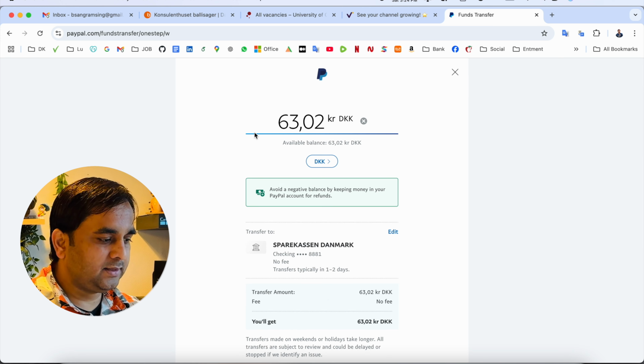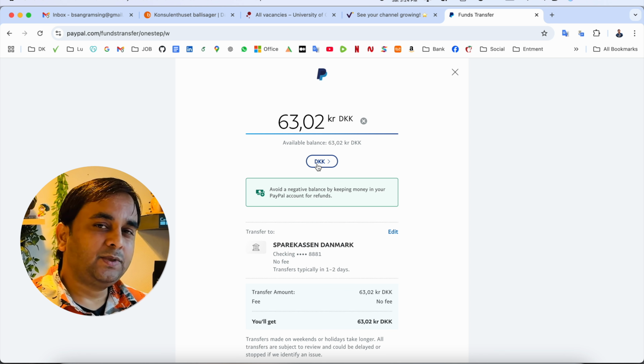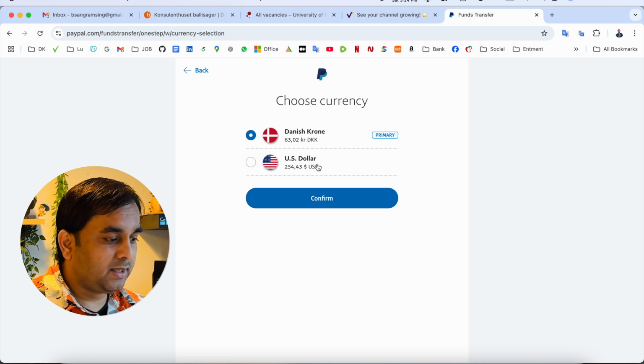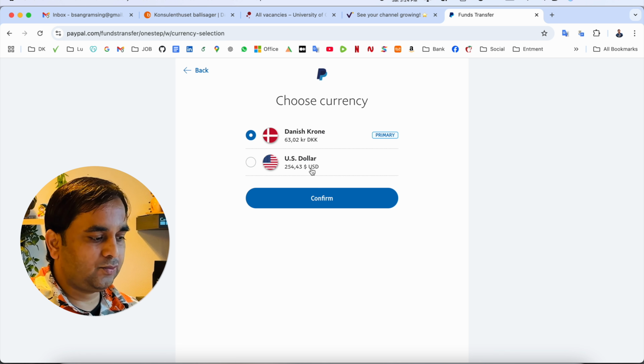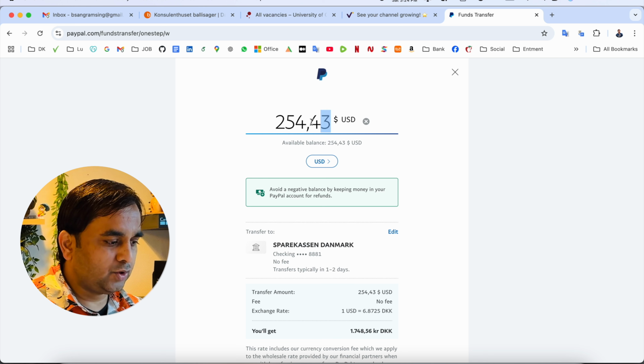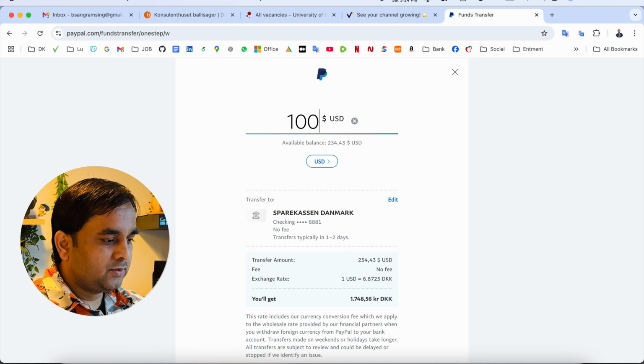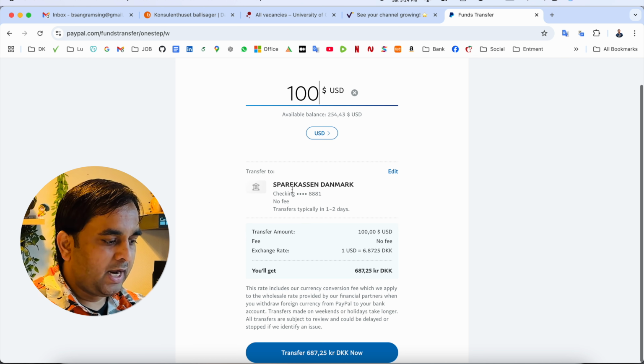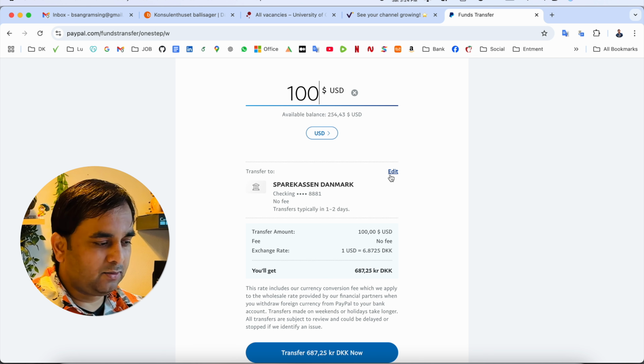After that, look at this, which currency you want to transfer to your bank account. Currently in my PayPal account, two types of currencies are available, Danish krona and US dollar. So I simply select US dollar here. How much money do you want to send to your bank account? So I simply select 100 US dollars here, and I have already connected a bank account, but if you want to